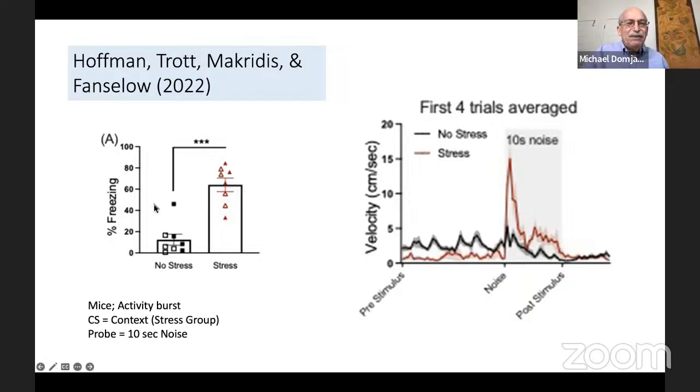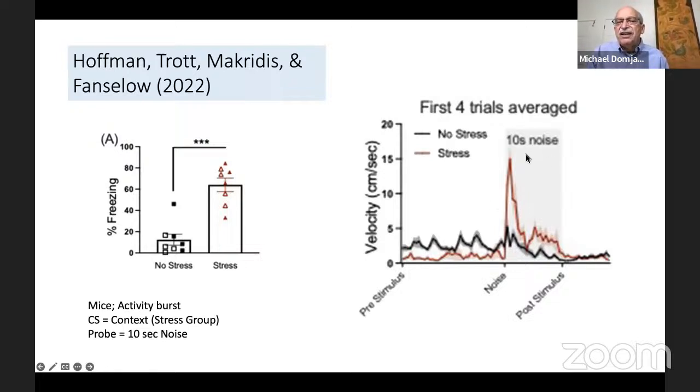Okay, so that's conventional Pavlovian conditioning of fear. Where is the Pavlovian sensitization? Well, in this experiment, Fanselow and his associates also did a test trial in which they presented a 10-second noise. This was a test trial, and the noise was presented in the context that had been conditioned for the animals in the stress group. And instead of a startle response, you're looking at what is called an activity burst, which is measured through looking at displacements in a video recording from one frame to another. The more displacements you see, the more quickly the animal is moving. So you can calculate that as centimeters per second movement of the animal, these are rats,